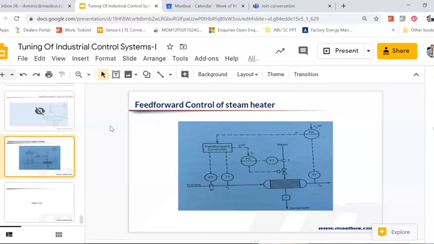Actually, it's a difficult question to answer simply. I would say it the other way. If you are getting good performance out of a PID, don't think of using anything else. Only when PID is not suitable or is not giving the required performance, then you can choose. There is a whole lot of strategies to choose from.